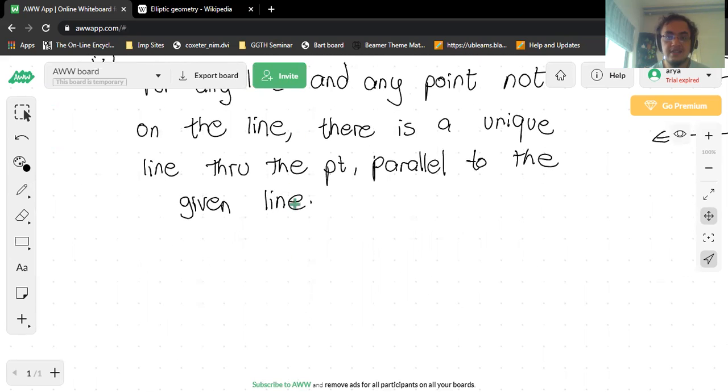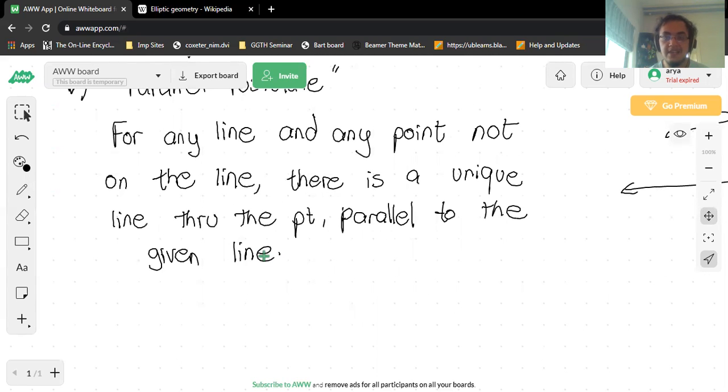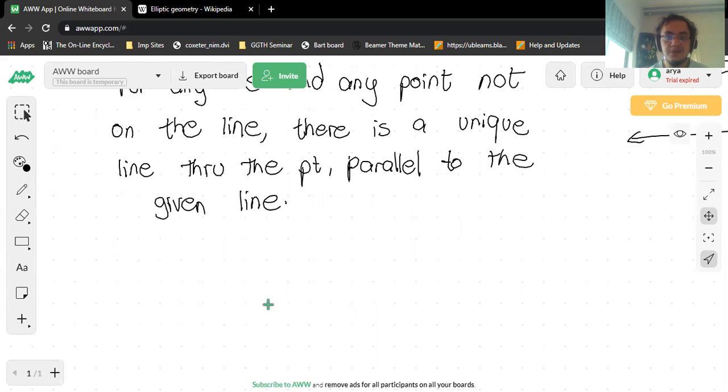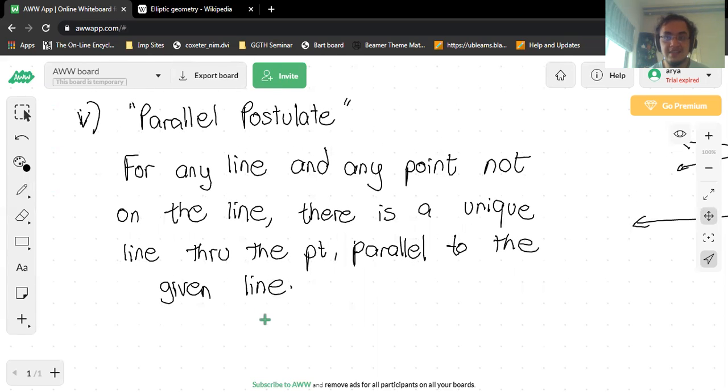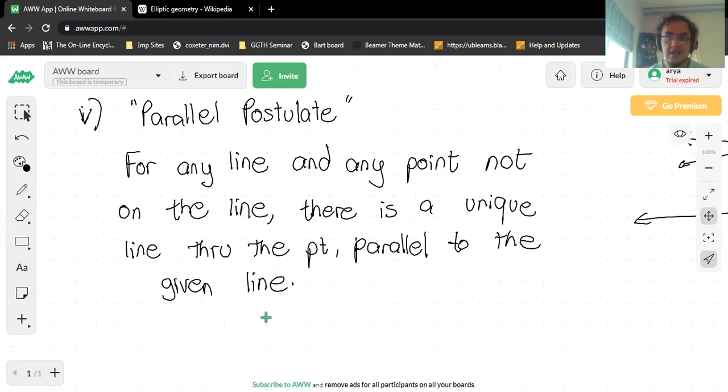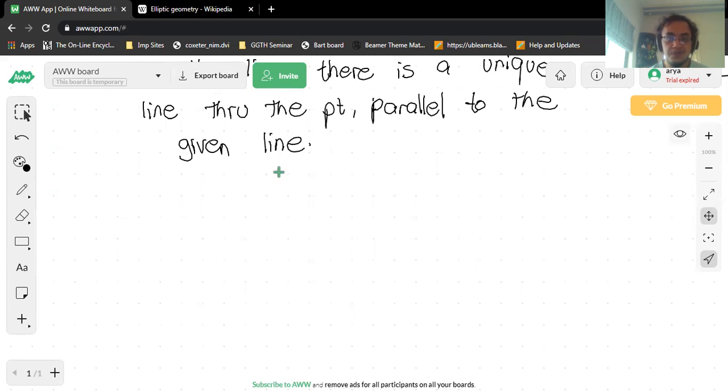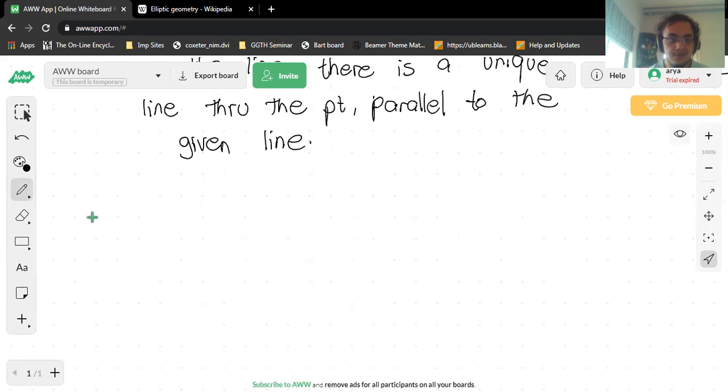However, a long time later, it was proven that this postulate is in fact a postulate. And to prove that this is a postulate,